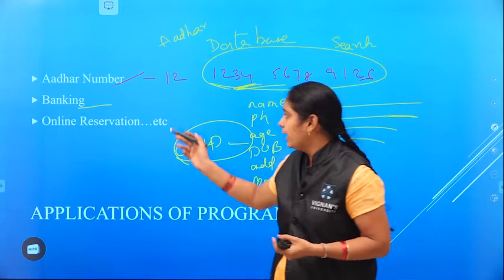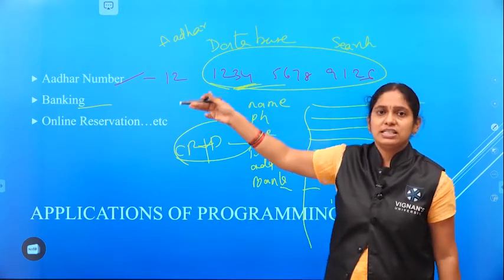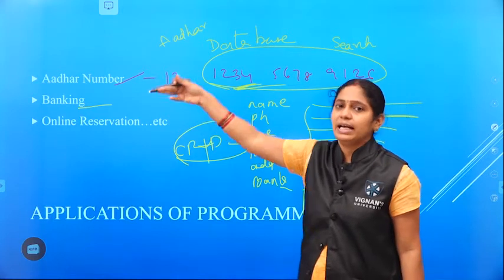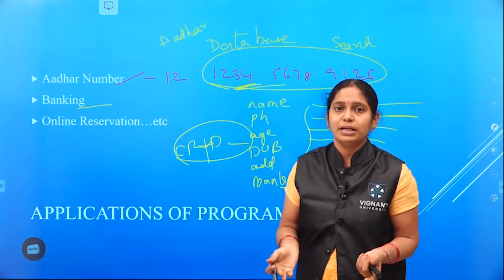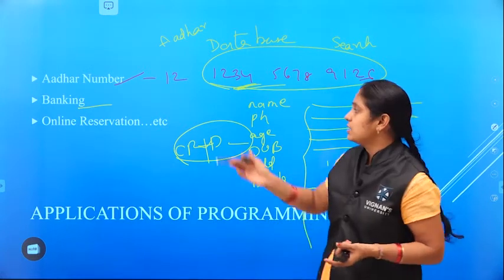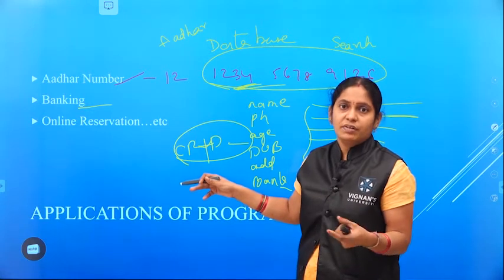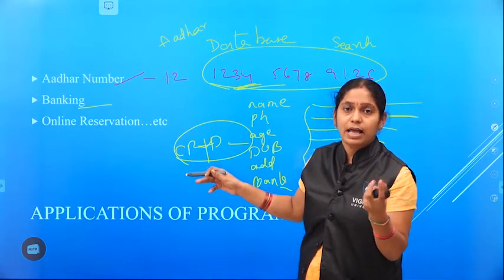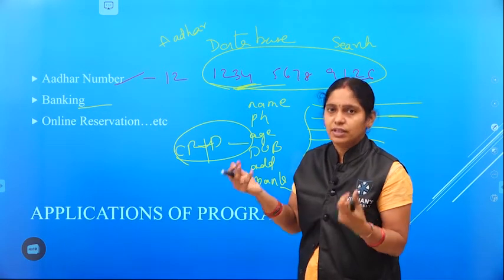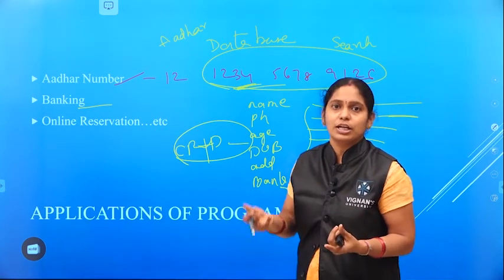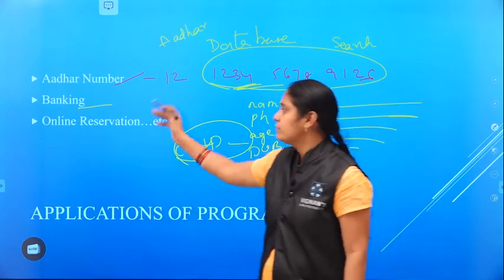So, in banking, not only for storing the data, in a database we consider banking as an example for the database to maintain information of the students or to maintain information of the customers. But the same banking here we are taking to perform the operation. If it is credited, that credited amount should be added to your existing amount. If it is a debit operation, a debit transaction, it should be reduced. So, likewise we need to perform.